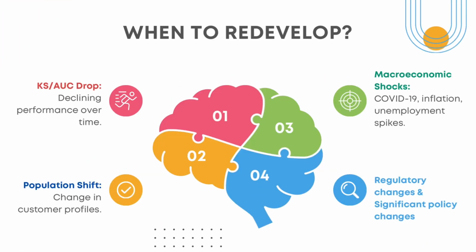So when do we redevelop a scorecard? There are many factors associated with it. One can be if there is a KS or AUC score drop, where the performance of the model declines over time. Or it can be the population shift, that is change in the customer profiles over time. Macroeconomic shocks such as COVID-19, inflation or unemployment spikes. Or there can be regulatory changes or significant policy changes. Let's say the new RBI guidelines came up, or the model assumptions are no longer valid, so new policy changes